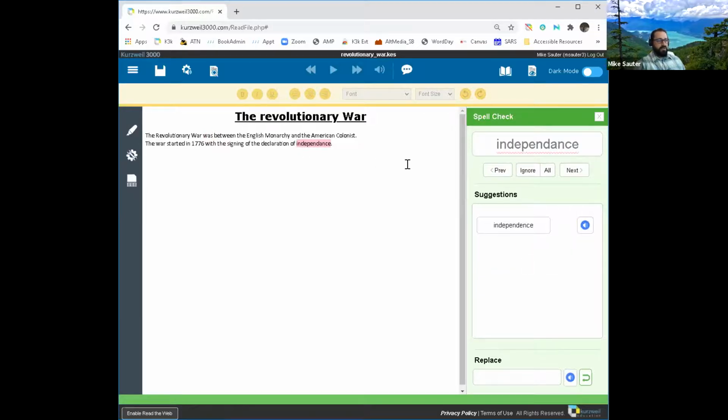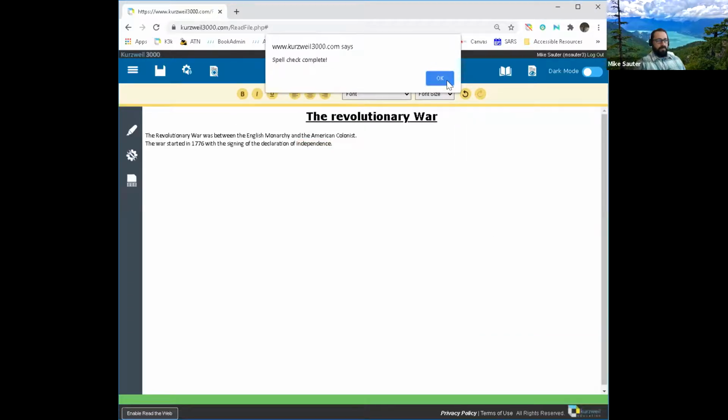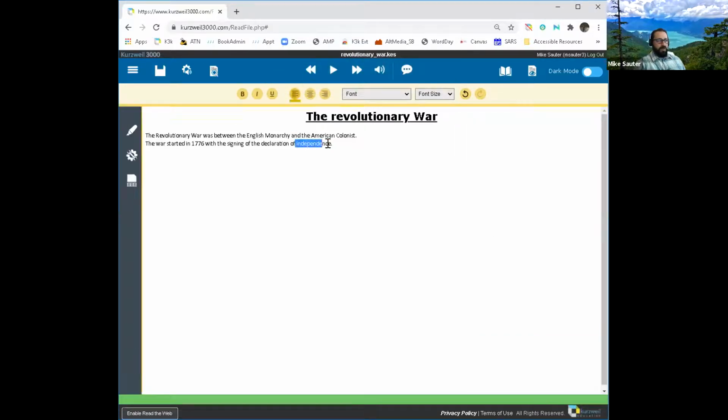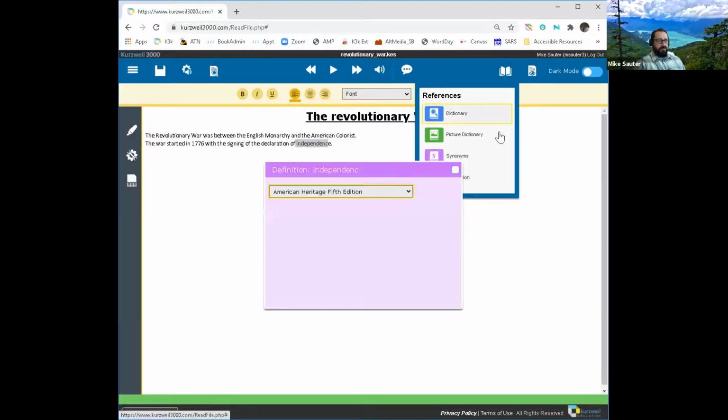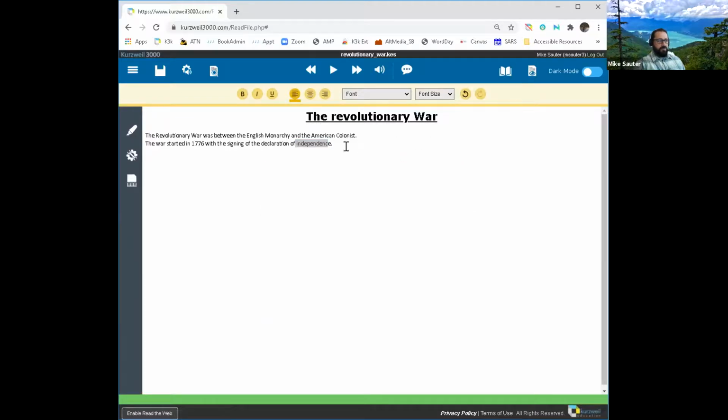And then the last one here, I thought I spelled this one right. It sure looked right to me. Independence. Let me double check that it's the right word, because I can take a word and look it up in my built-in dictionary to make sure I'm using the right one.